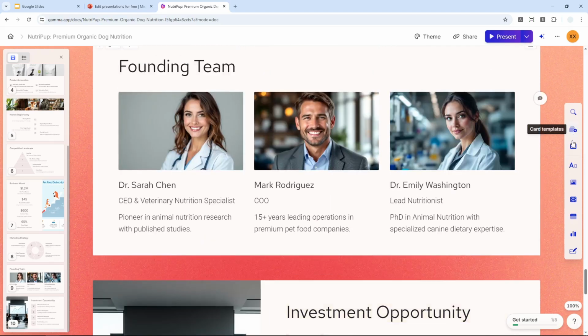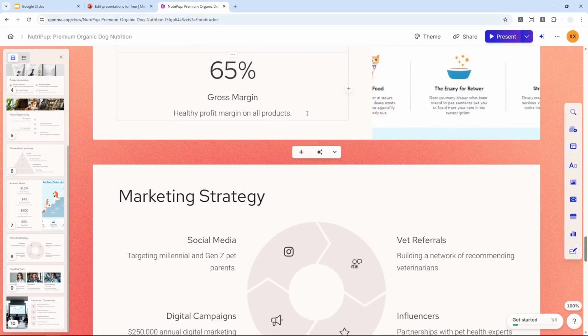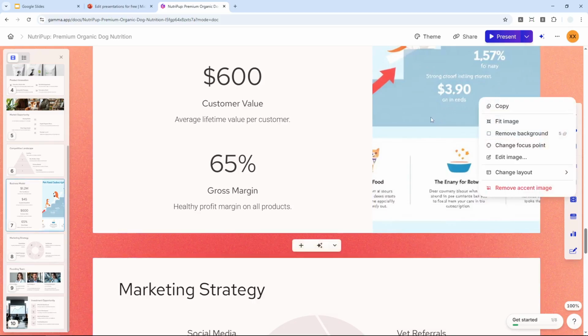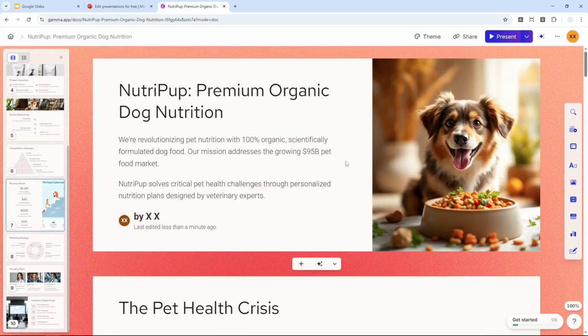And on the right side here are some features or some elements that you could embed into the presentation. And you could edit the content normally. You can change the icon, you can change the image as well. So there are a lot of things that you can do, but I'm not going to cover that in this video. And if you want to present this document, you can click on this present button